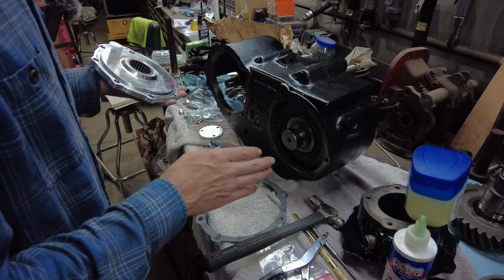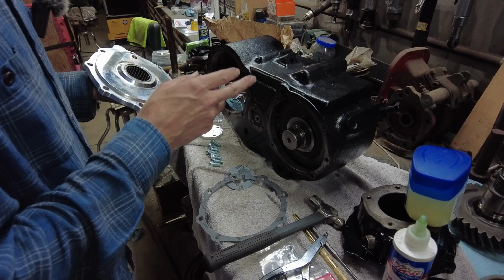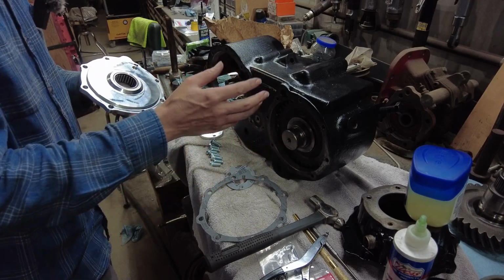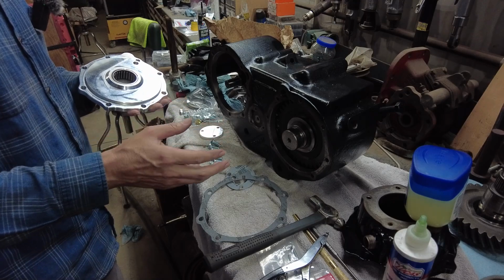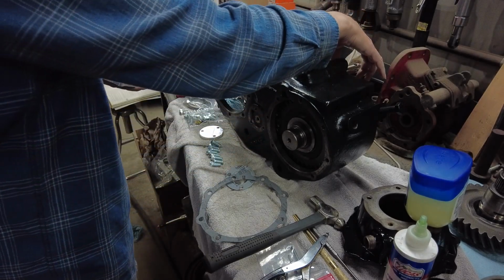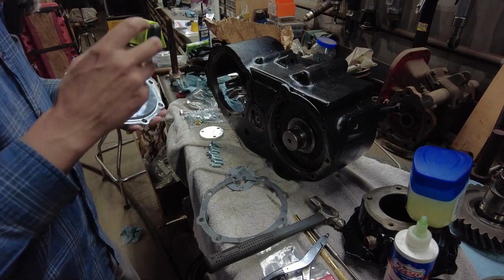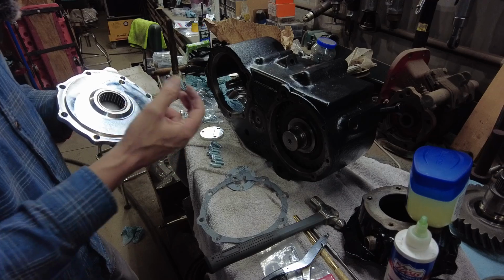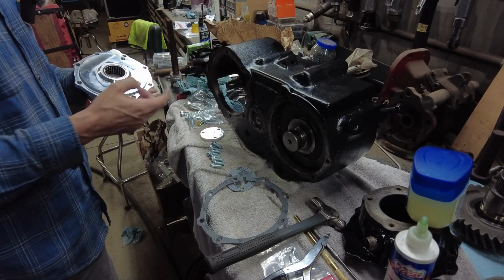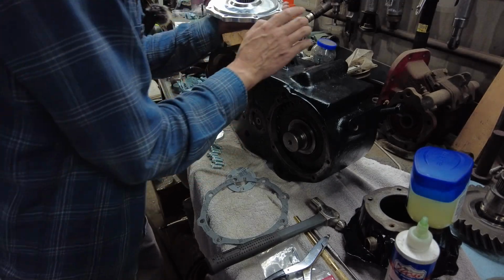Okay, so I have to say that was one of the more difficult things that I've done on this rebuild, is get this all to line up and slide in. I actually had to get a couple 2x4s and prop this thing on its face so it wasn't putting any pressure on the shift rails, because if I flipped it over and I was putting pressure on the shift rails, I couldn't get everything to line up, so I had to flip it up. And like I said, that was probably one of the more difficult things I've done here, but I've got it on there